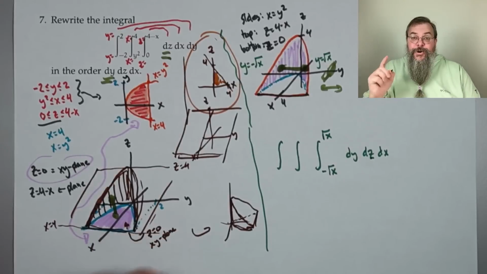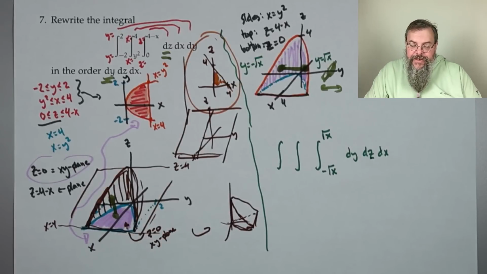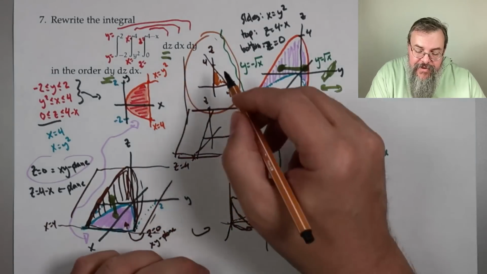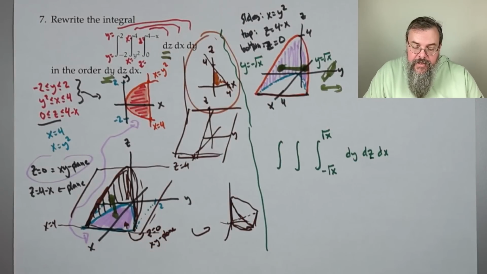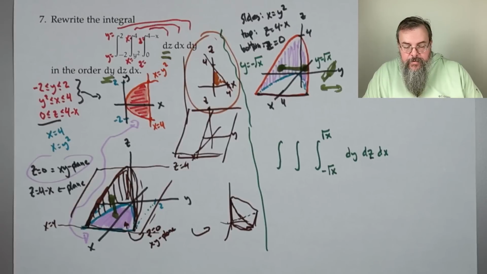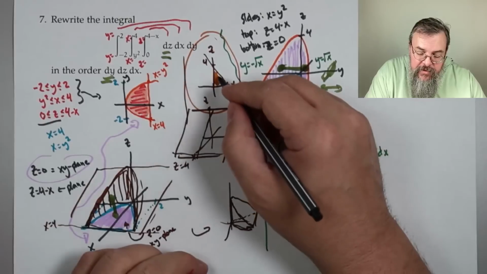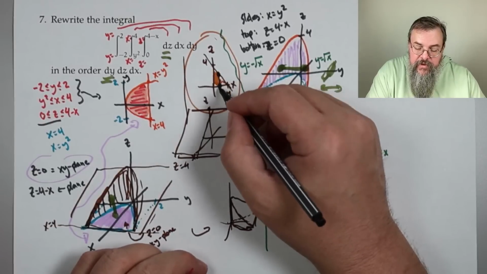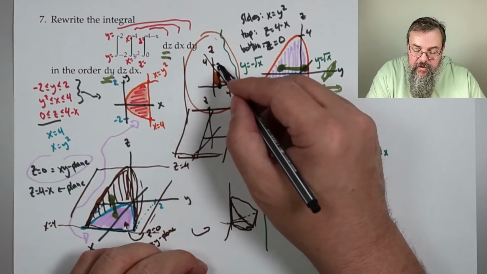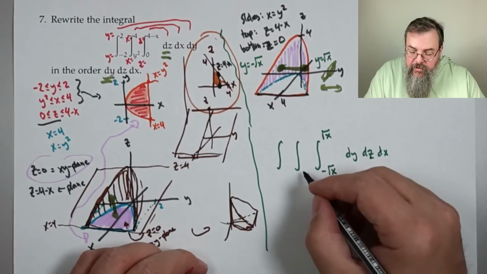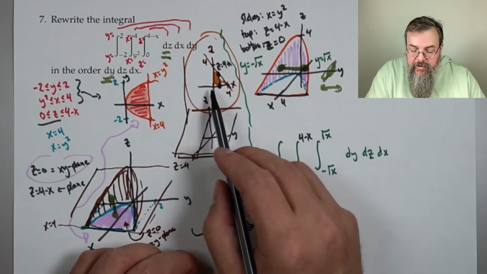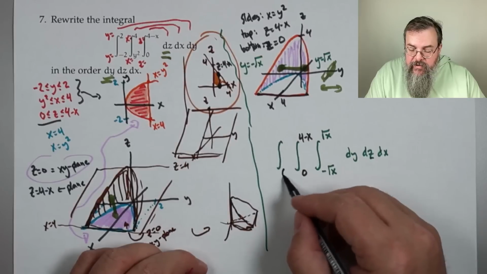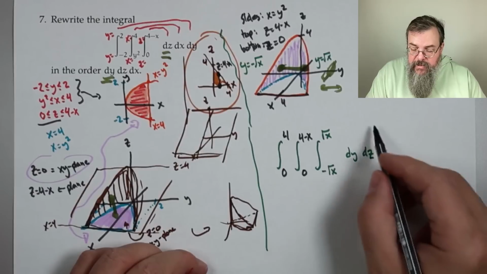Oh, cool. Now with the triangle, that's actually pretty convenient for us because we know how to describe this. And so what is z? Well, where does z go from? And here we're slicing up and down. So z goes from 0 up to this curve. And this is the curve 4 minus x. So it goes 0 up to 4 minus x. Where does x go from? x goes 0 to 4. All right, so